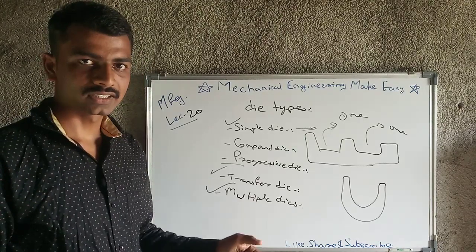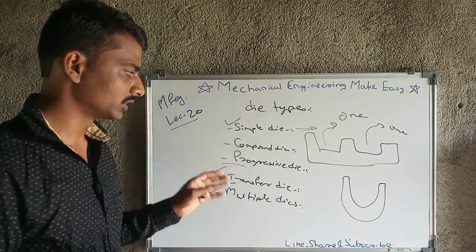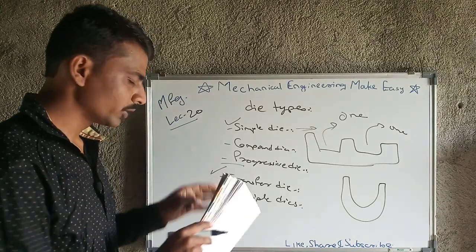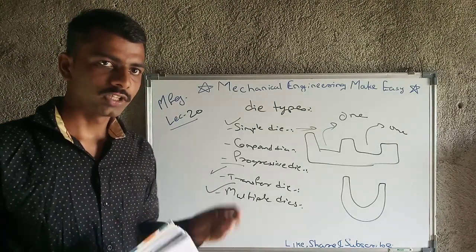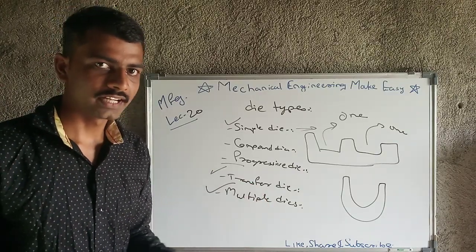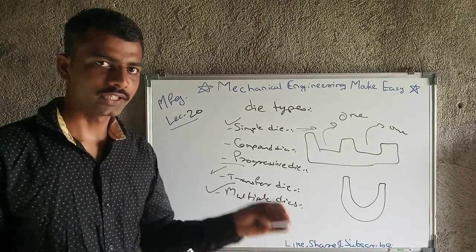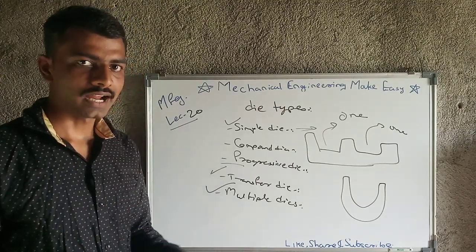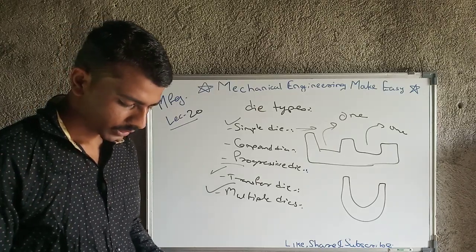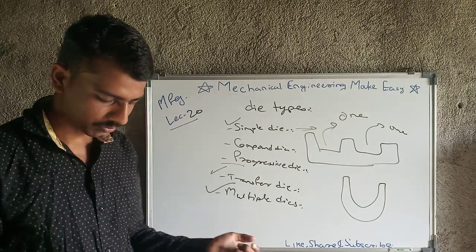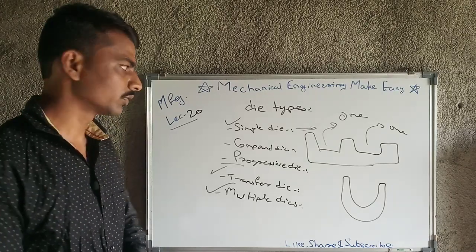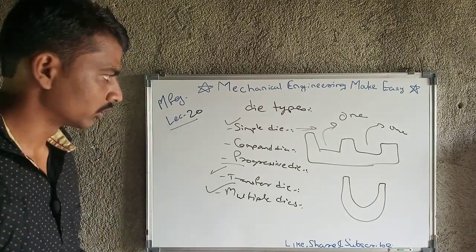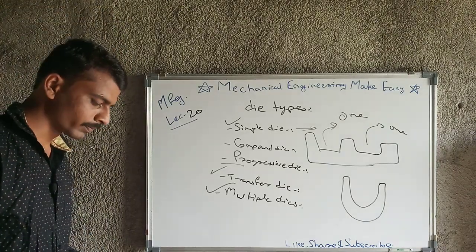Because we have taken into consideration a number of simple dies or compound dies, maybe progressive or transfer dies, at every die there will be separate stock, and operations will happen simultaneously at every die. That's why two or more operations may be done in a single amount of time. A number of simple dies and punches will be ganged together, and they may be simple, compound, progressive, or transfer, depending on our requirement. Okay, these are some types of dies.